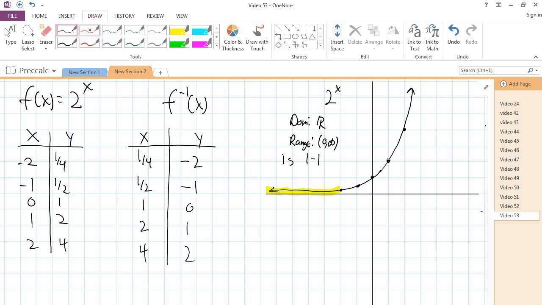And so if I graph these points, 1/4, -2, 1/2, -1, 1, 0, 2, 1, and 4, 2, I get the graph